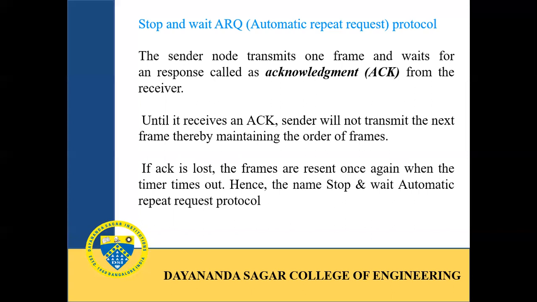So the data link layer will make sure or check whether the physical layer has sent the data or not. If it is not sent, then it makes sure the sender node sends the data once again. So this is the main job of the data link layer. And to handle this job, there are various protocols. The stop and wait automatic repeat request is one of these protocols. So we'll see how this protocol works.